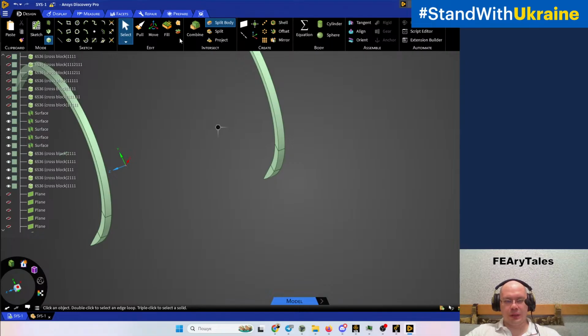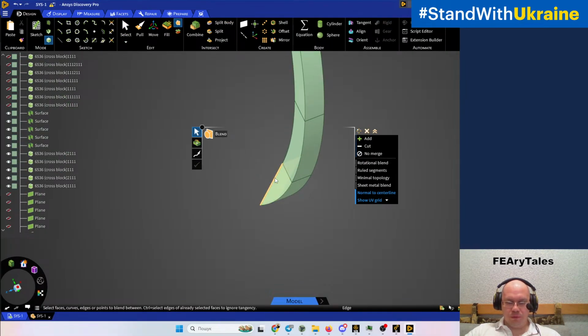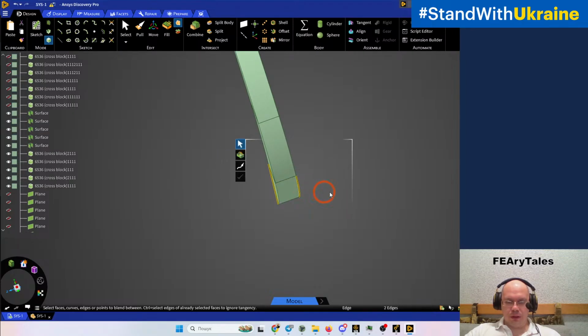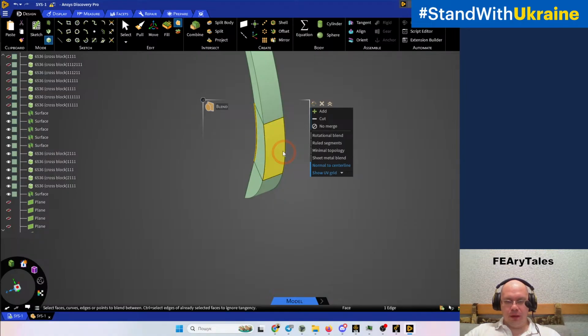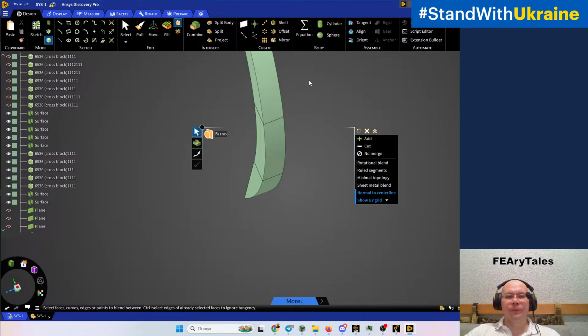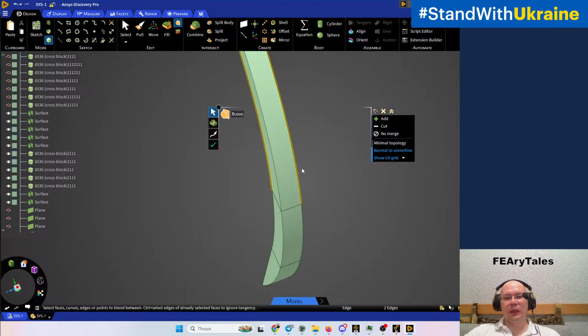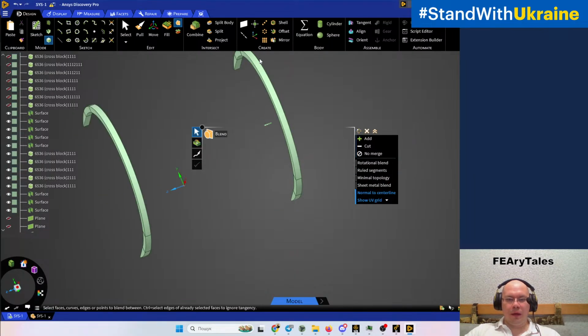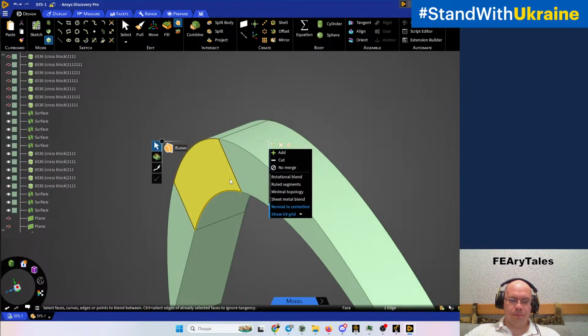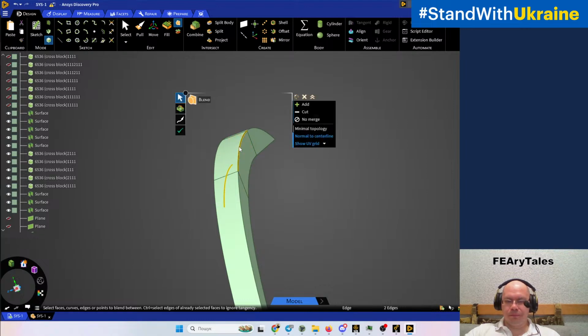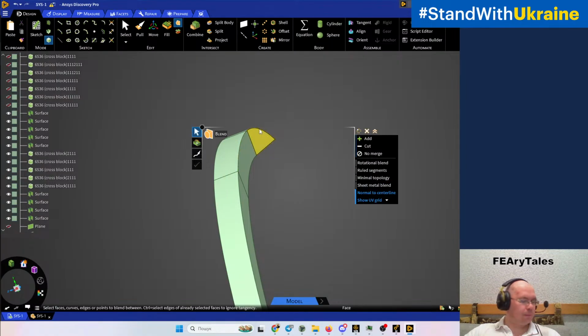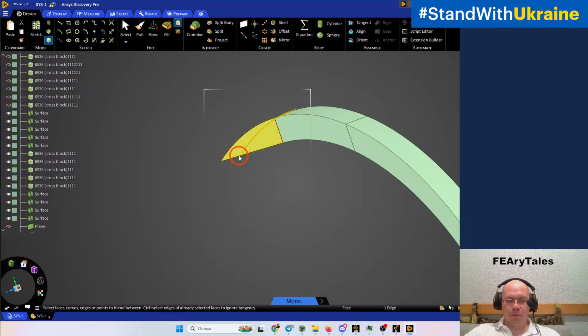Additionally, we do the same from this side. We create a blend face from this object to this object, from internal edge to external edge, from internal edge to external edge, and then repeat it here from this one to this one. And the last but not least,